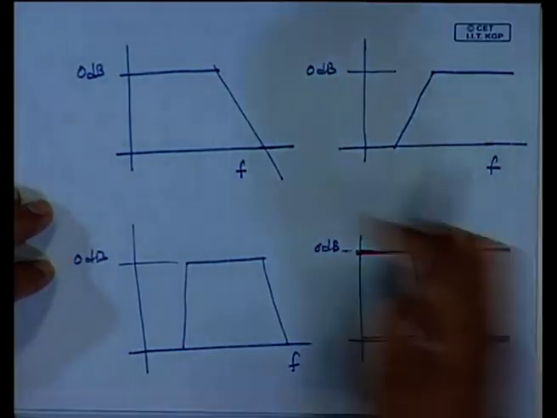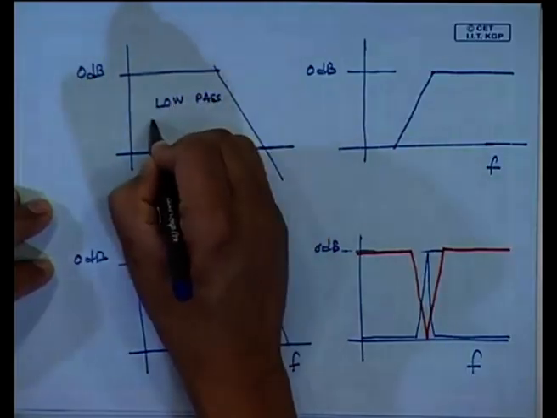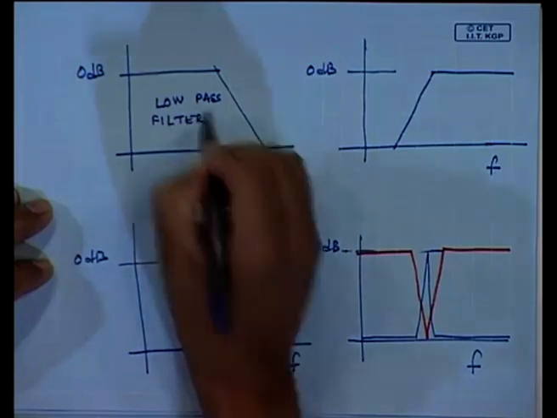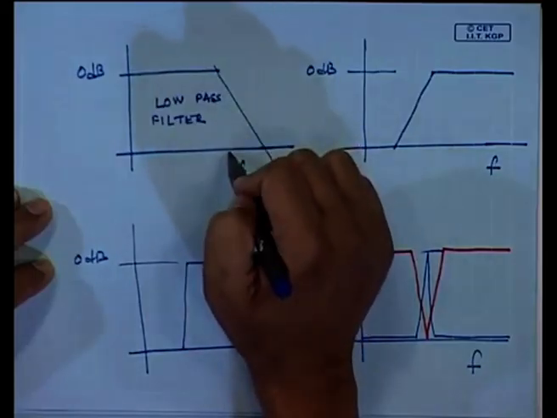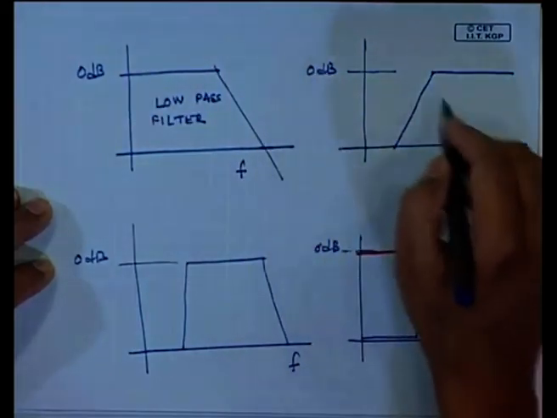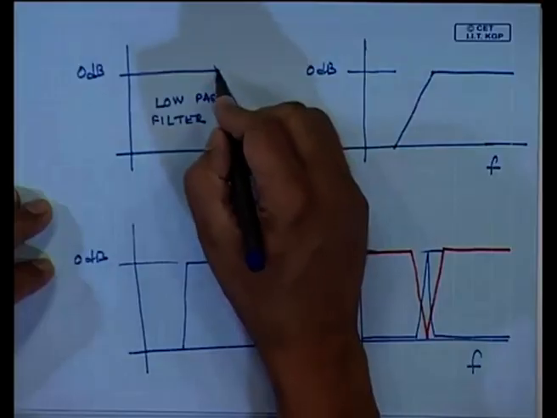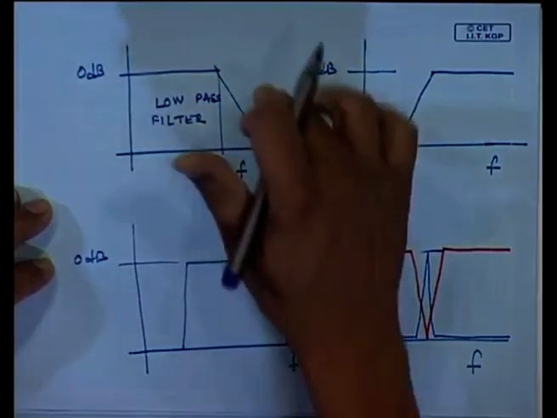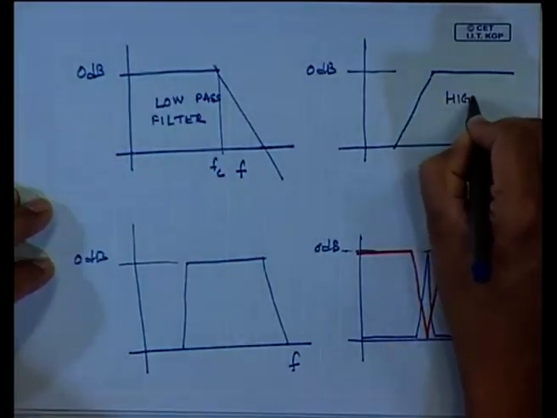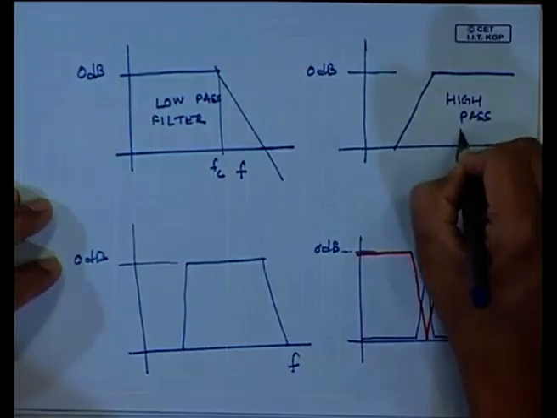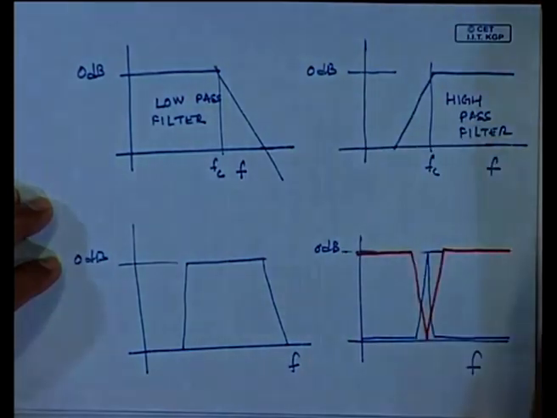Okay. So, this, as you will see, is known as a low pass filter. That means this allows the low frequency signals to go through, and then after certain frequencies they are cut down. Because by using such a low pass filter, I can know that no frequencies beyond this cutoff frequency are present in the resultant signal. Opposed to this is known as the high pass filter. That means every frequency beyond the cutoff frequency is allowed to pass through,